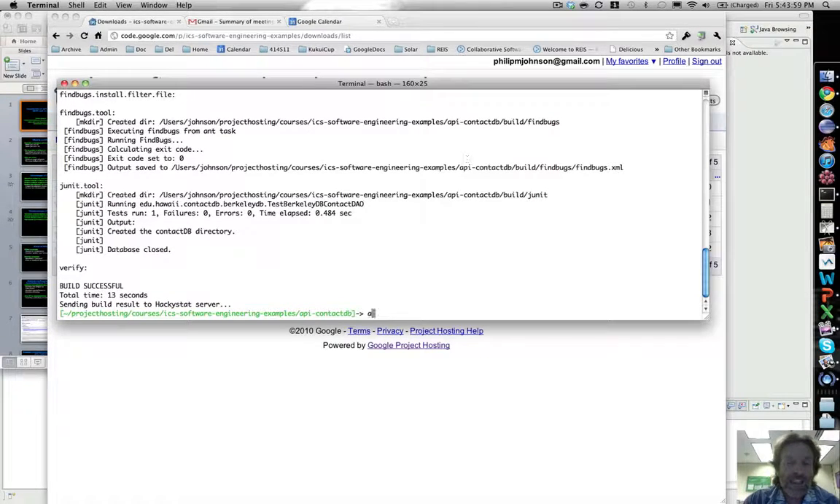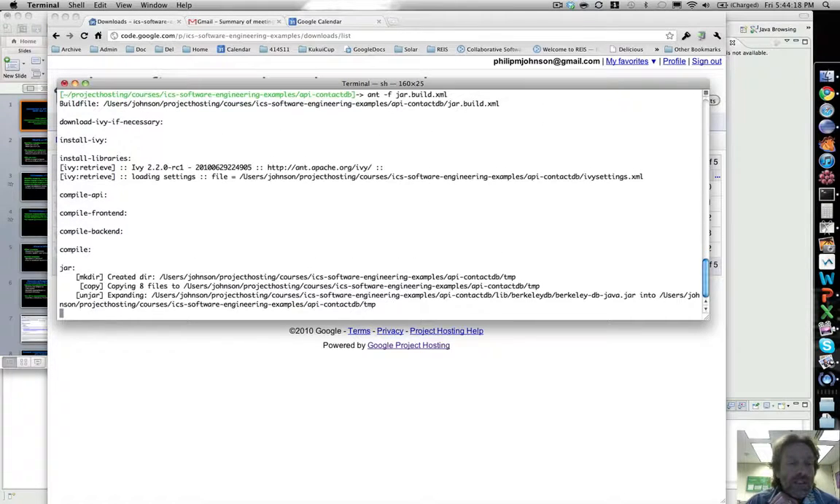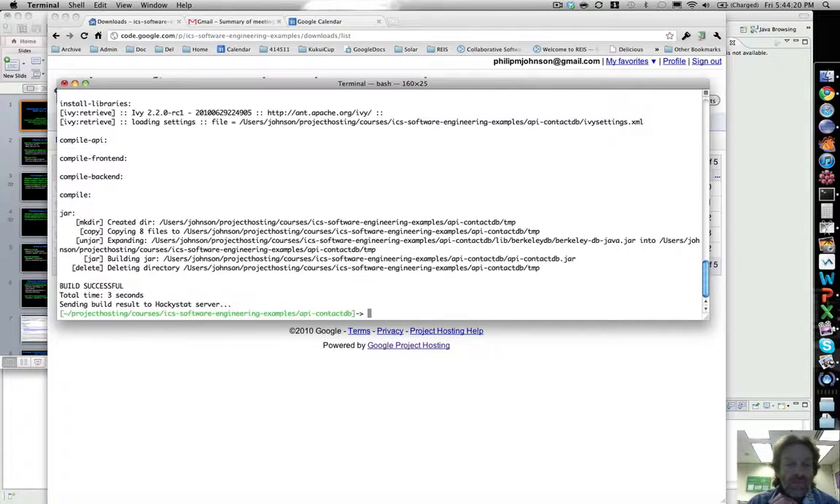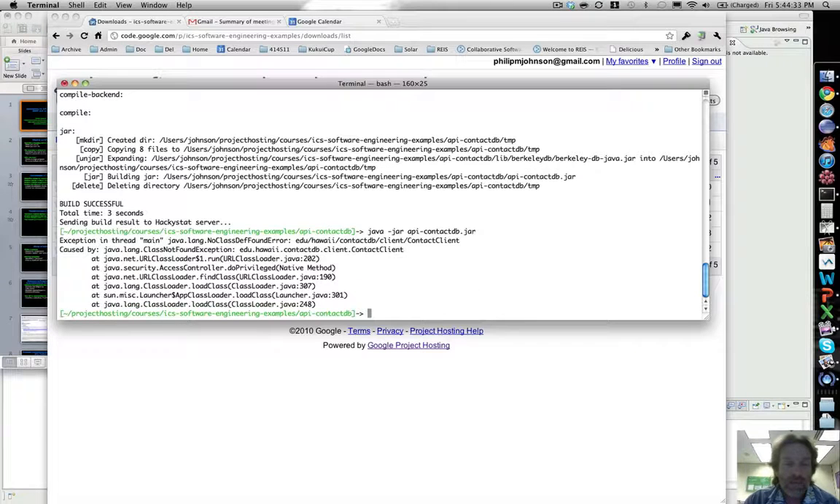And the second thing I'll do, just to remind you of how this Contact DB thing works, if you don't remember it, you may want to go back to the previous screencast where I talk about the Berkeley DB system and listen to that just so you get an overview of what this thing does. But I can do ant -f jar.build.xml and build a jar file. What we can do with this jar file is it allows us to persist and add various things to a persistent database. And so if we say java -jar API contact DB, and we don't provide any arguments,